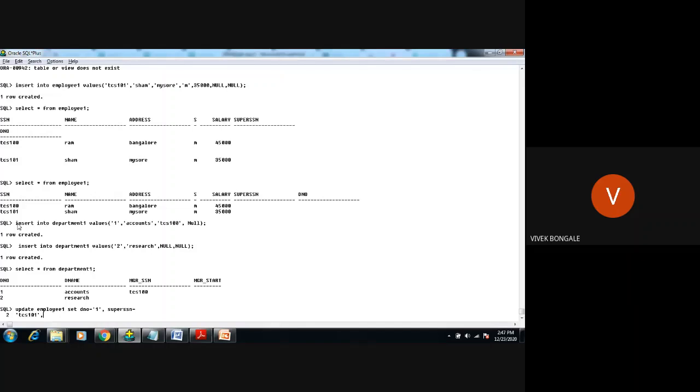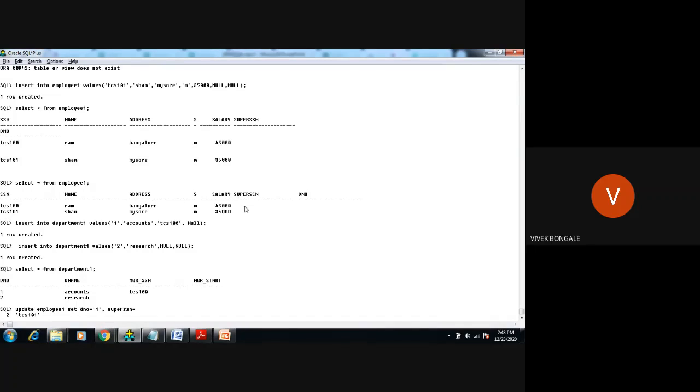So we have update employee set department number equal to 1, comma super SSN equal to TCS 101. Next, for which tuple? If you directly give a semicolon and enter, it will set all department numbers to 1 and all super SSN to TCS 101. If you want to add department number 1 and TCS 101 for this particular tuple,